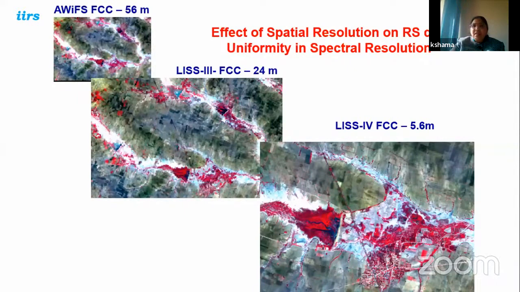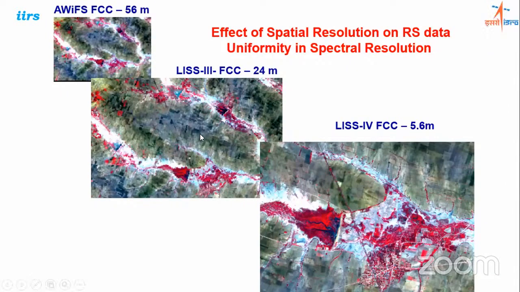You have Landsat 3 also, there is a 24 meter FCC. So you can see that in Landsat 3, your 1 pixel size is 24 meter by 24 meter in the digital image. So basically on the ground, it is a 24 by 24 meter area that is visible in 1 pixel. So there also you can